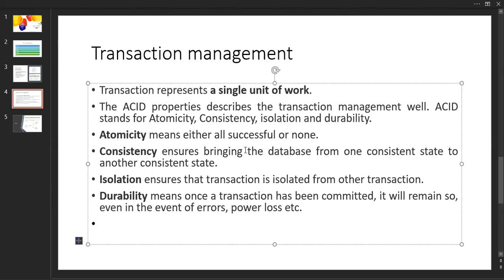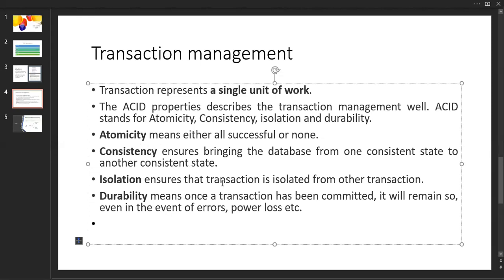But in the technical sense, it is bringing the database from one consistent state to another consistent state. In the sense of our language, no consistency means there is no change at all, but here we are going to change one state to another state. You will get an example for that, so don't get confused.